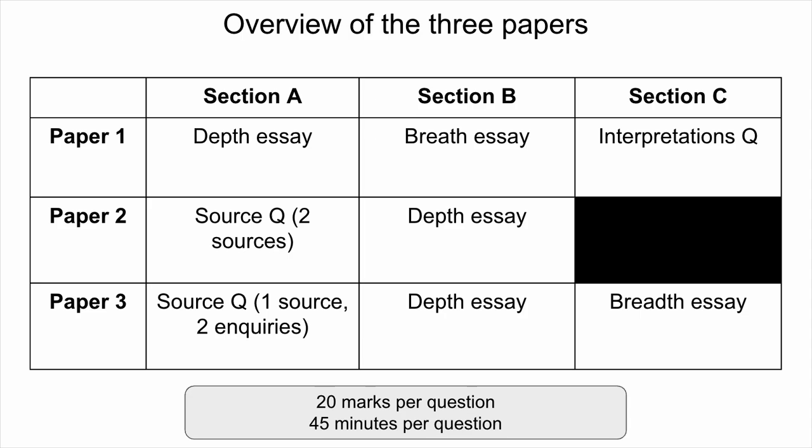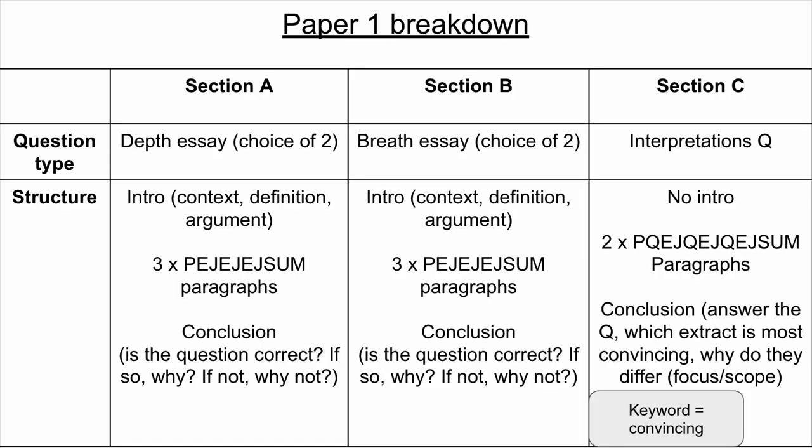And as it says here, each question is worth 20 marks and each question has 45 minutes. It works out as 45 minutes per question. So paper 1 is 2 hours 15, paper 2 is 1 hour 30, and paper 3 is 2 hours 15. So if we start off with paper 1,